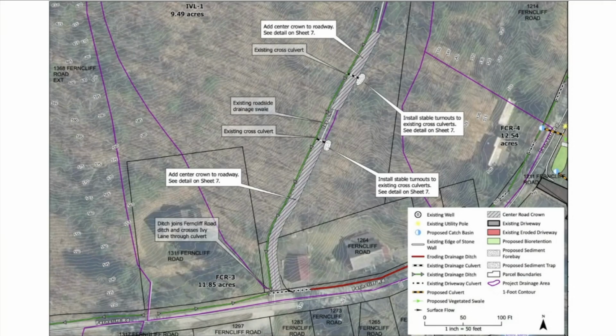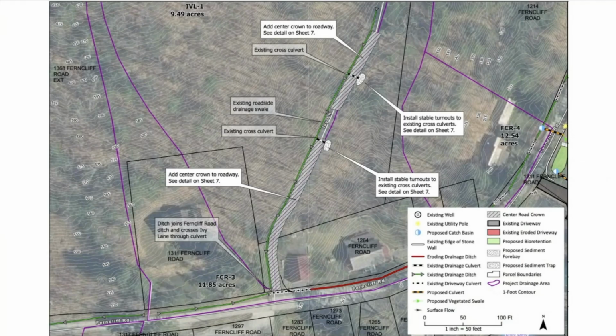But again, this is more runoff than this area could handle, so only a portion of it would have to be diverted off. On Ivy Lane, it's a pretty narrow road, about 12 feet, which is typical of a private drive. We thought there could be some improvements in crowning the road a bit better to get a portion of or half of the road to run off into this forested area rather than maybe more of it coming into the ditch. And then we're showing a couple of cross culverts that don't exist out there now that could divert some of the flow into this forested area, which does have a slope,